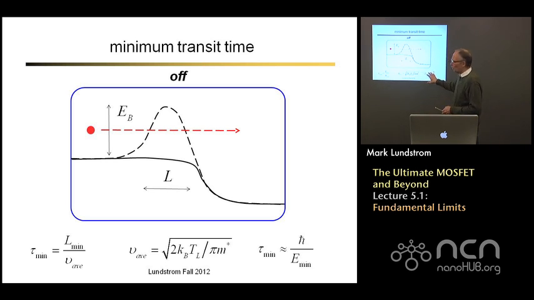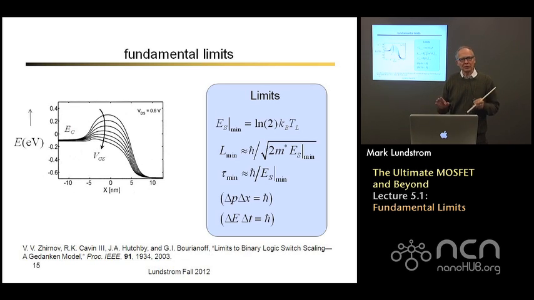Then I can throw away a couple of constants that are on the order of unity, and I'll get a simple expression: h bar over the minimum switching energy. I can express these kTs and things in terms of the minimum switching energy that we derived earlier. Okay, so the result of those very simple arguments is that we get some limits that appear to be quite